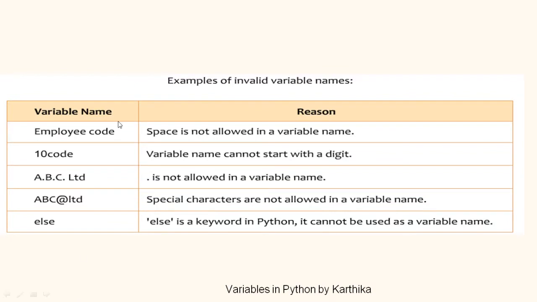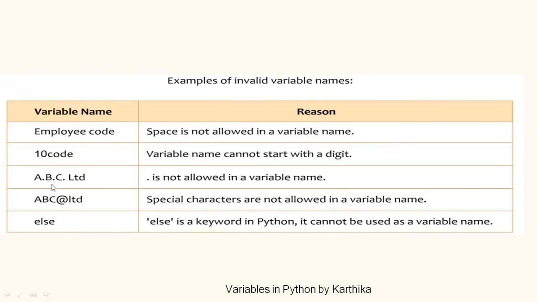Let us check one by one, and let me explain why each is invalid. The first one is employee code. It is an invalid variable name because a space is left between employee and code. You can use an underscore, or you can use no space at all, employeecode, just like that. So this is an invalid example because we left a space. The next one is 10code. Here we are starting with a digit, which is not allowed, so this is also invalid. And the third example, a.b.c